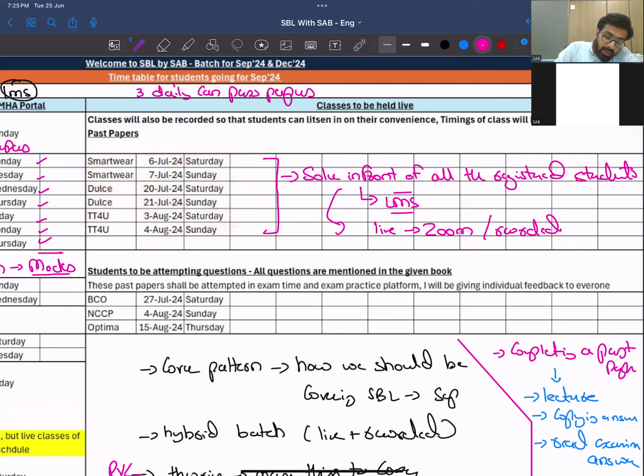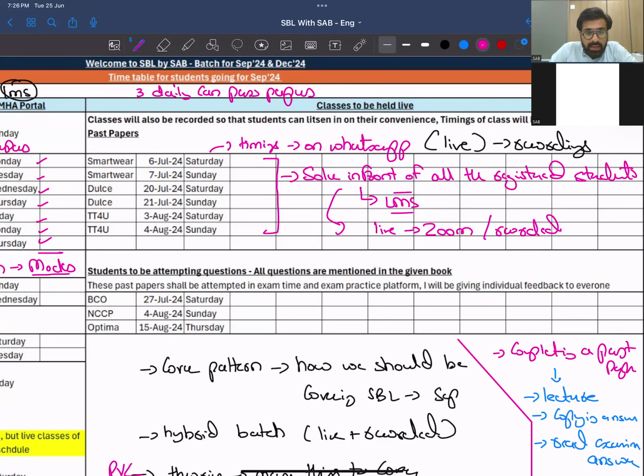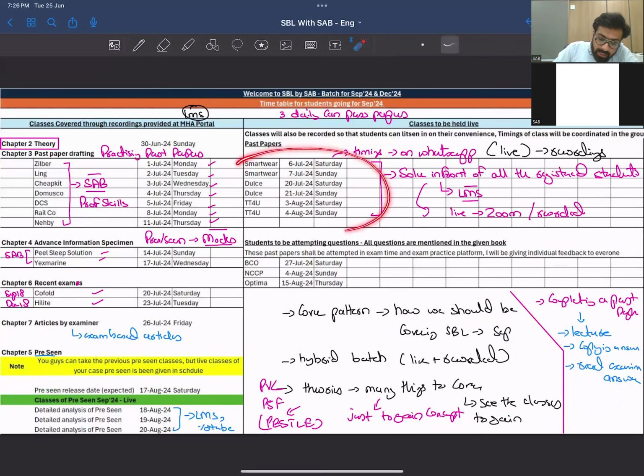The timings of these classes will be discussed on the WhatsApp group. My preference to all of you is to attempt live, but if you can take the recording, that also works. That's totally up to you. I'll be covering with these live, and once you have done all these things,